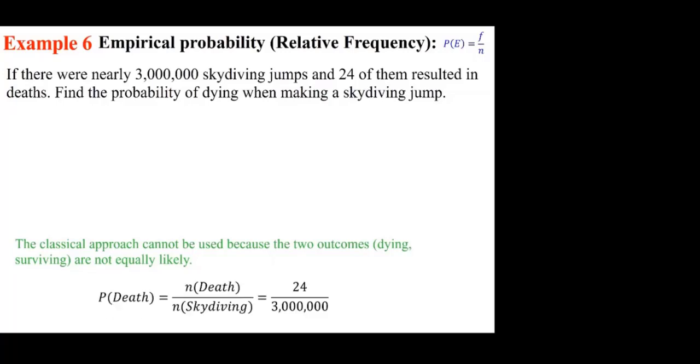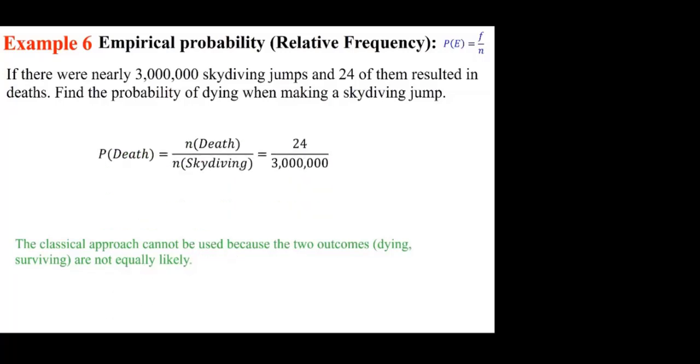So with that being the case, P of death is n of death over n of skydiving, which is 24 over 3 million. We simplify and we get 0 point bunch of zeros and 8. Now, it's important to know, although at some point it was mentioned maybe 3 significant digits, we don't want to mix them up and make a mistake with the number of decimals that one can use. In this case, if somebody says, okay, I'm going to use 4 decimals, for example, or even 3 decimals and things like that, you may end up with 0. So it's really not a good practice. If need be, you carry out more decimals. It's important to pay attention to that.